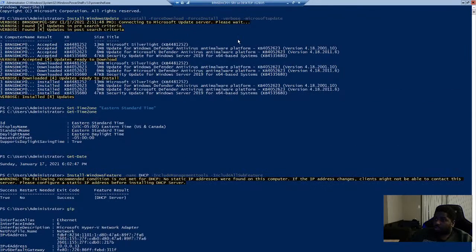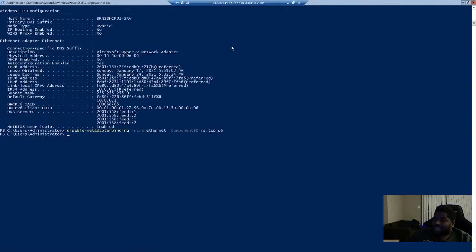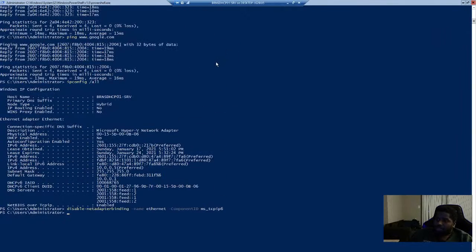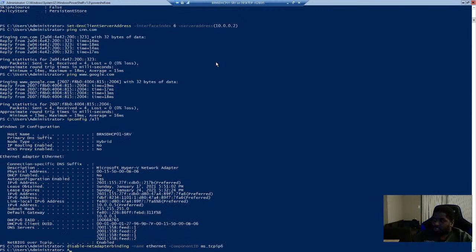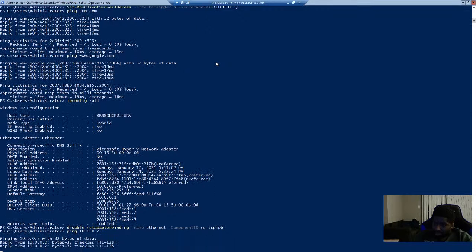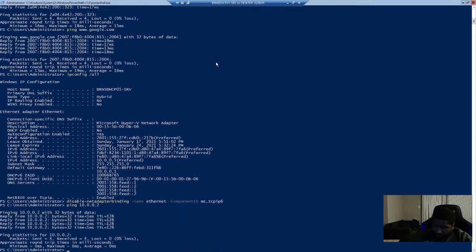What I'm going to do now is add this DHCP server to the domain. The way you do it is just add-computer. But before we do that, I just want to make sure we're able to ping our domain controller's address, which we are. And we're going to run